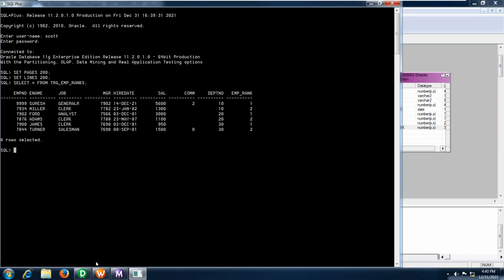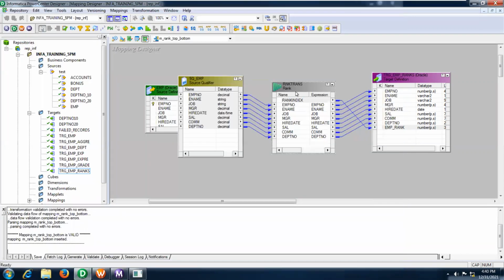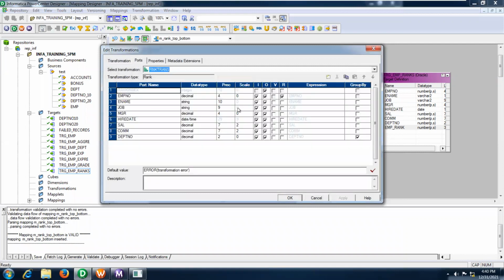Okay, let me check the condition here. The rank port here is taking EMP number by default. Okay, I want it based on salary. That I forgot. Okay, based on salary, I want to see the group by 2 ranks.